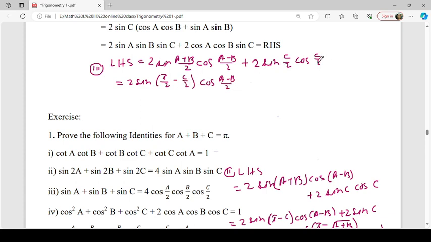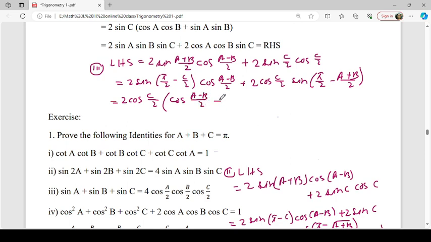So we write this as 2 cos c by 2, and this sin c by 2 we write as sin of (pi by 2 minus (a plus b) by 2), so this is 2 cos c by 2. We are taking common 2 cos c by 2, then it is cos of (a minus b) by 2 plus cos of (a plus b) by 2,